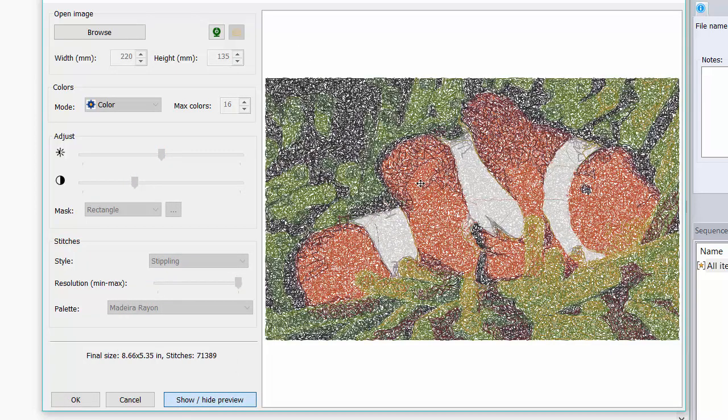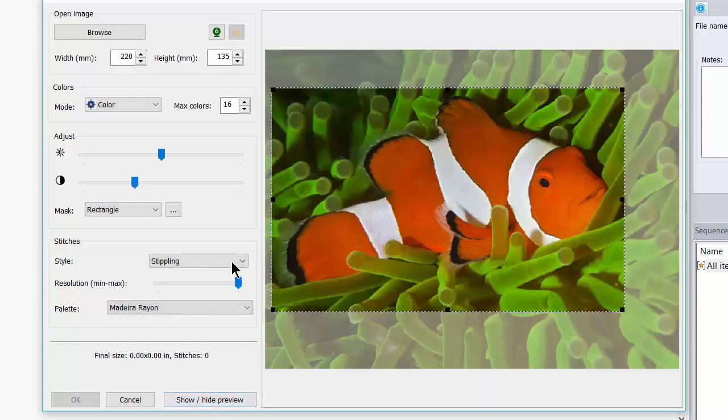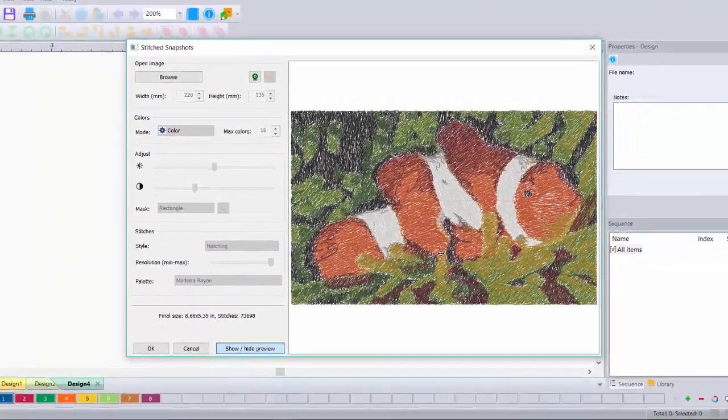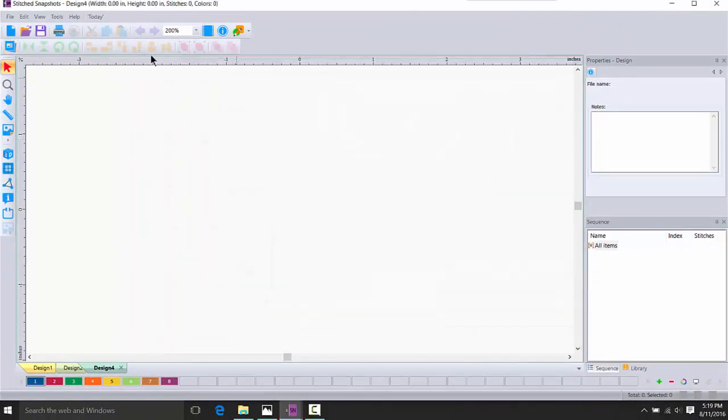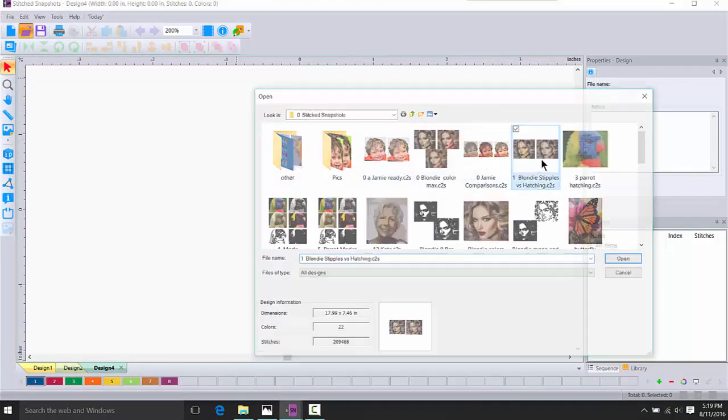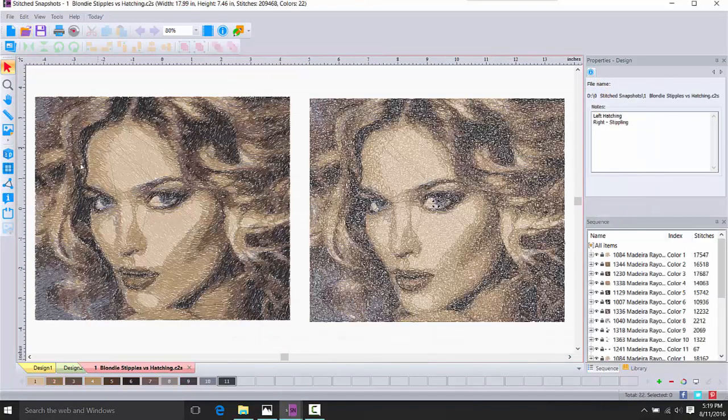And we see here's our fish with the stippling that we're used to seeing up to this point. We'll come out of Show Hide Preview and change our style to hatching. Do a Show Preview and take a look at this rendering, and we see it does look different. I have a file for us to compare. We'll go ahead and open our blonde lady, turn on 3D,